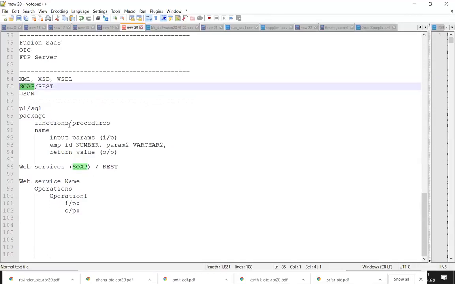Like when I'm calling the function, I'll be sending some input parameters, right? Or when I'm getting the output, I'm getting some response. In case of functions also, it's the same thing, similar to the web service operations. The input and output we are going to deal with will always be in XML. There is no other option in case of SOAP-based web services.